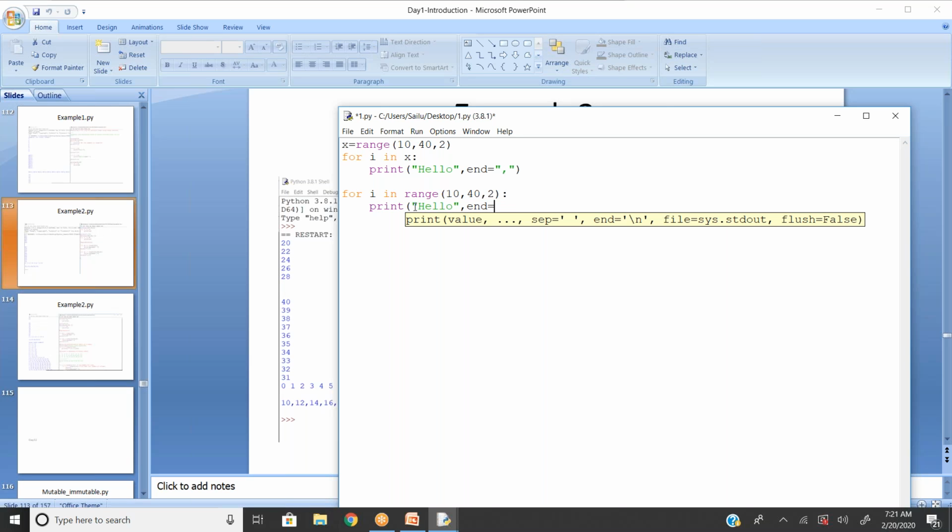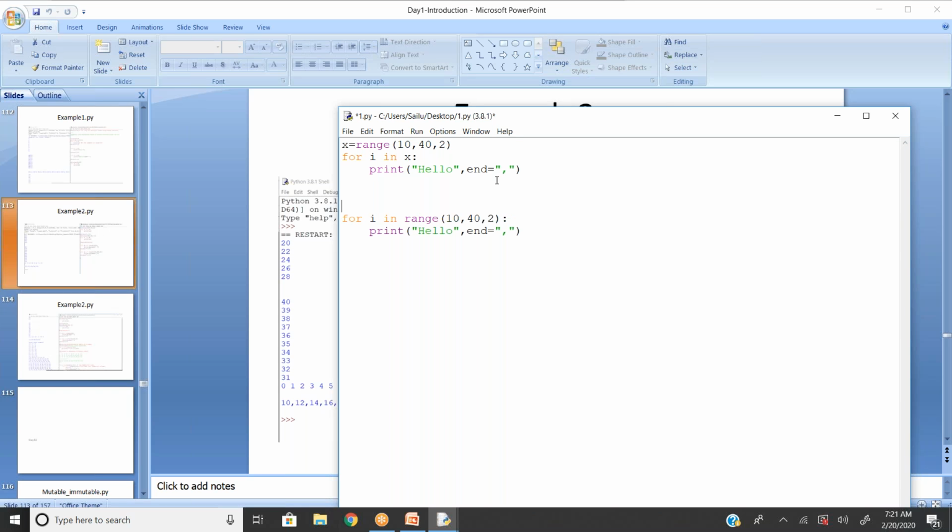What is the difference you can find from the first program to the second program? In the first program, I assign the values to the x variable, then I refer the x variable in the for statement. In my second program, I don't have the x variable, I directly assign the range of values to the for loop.